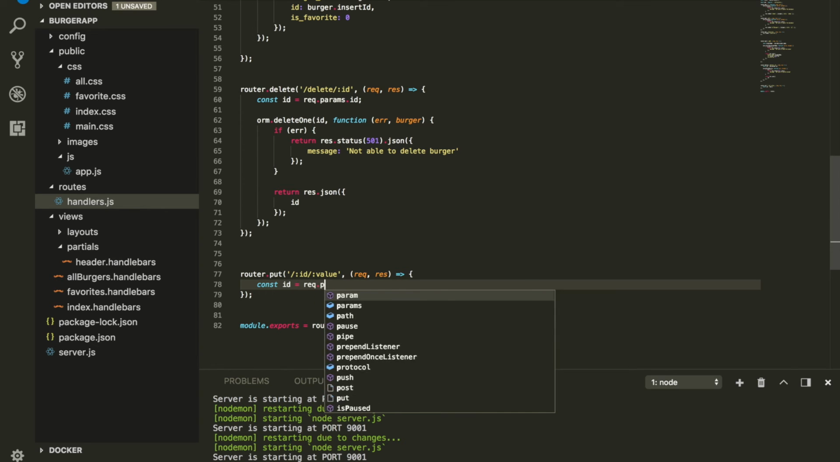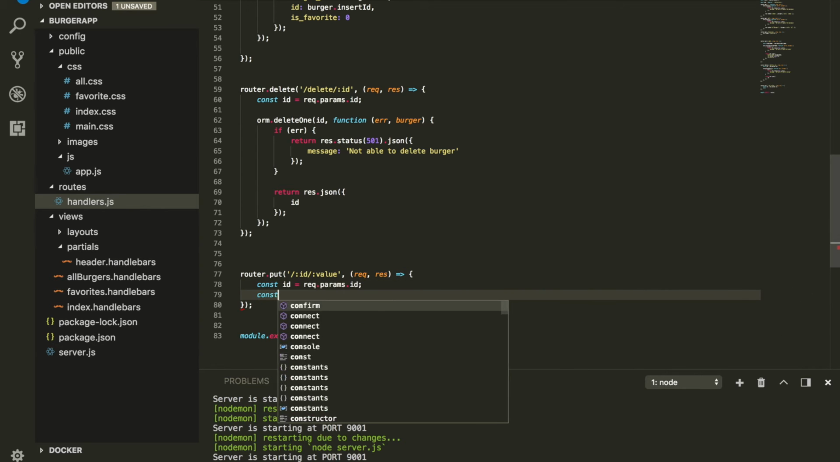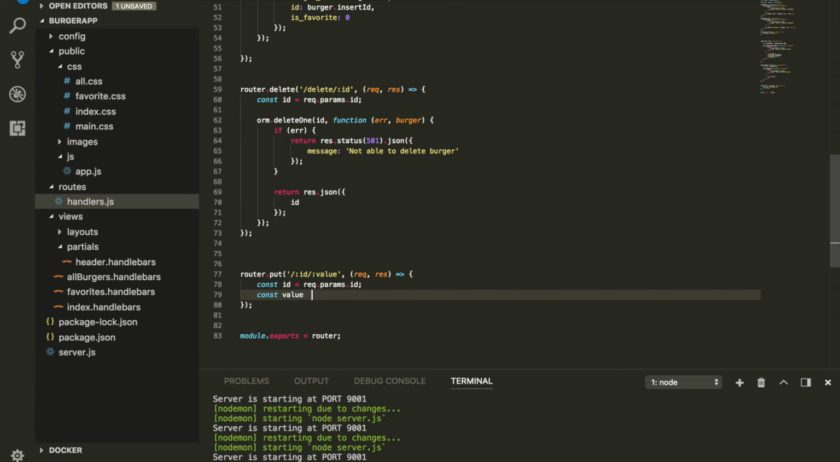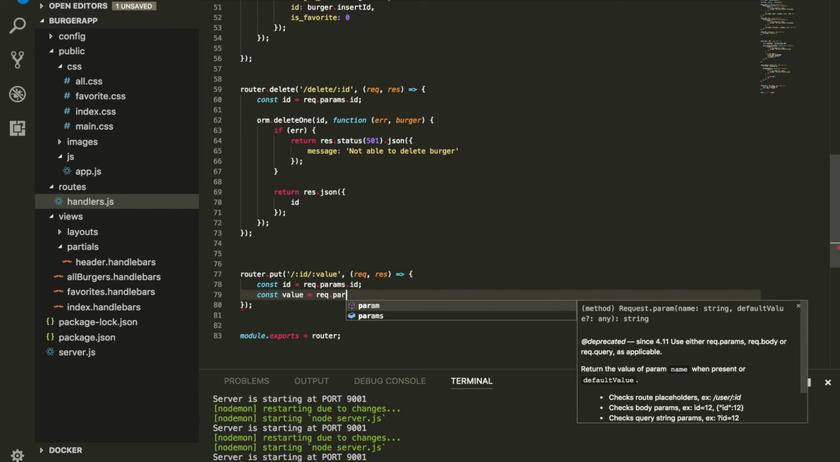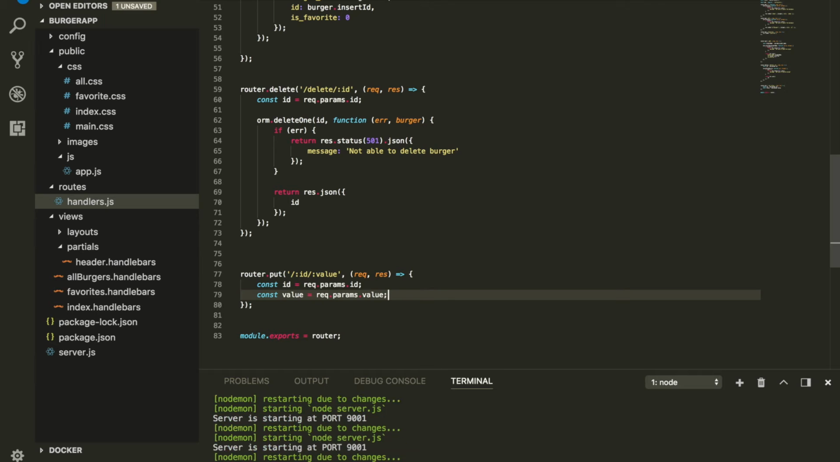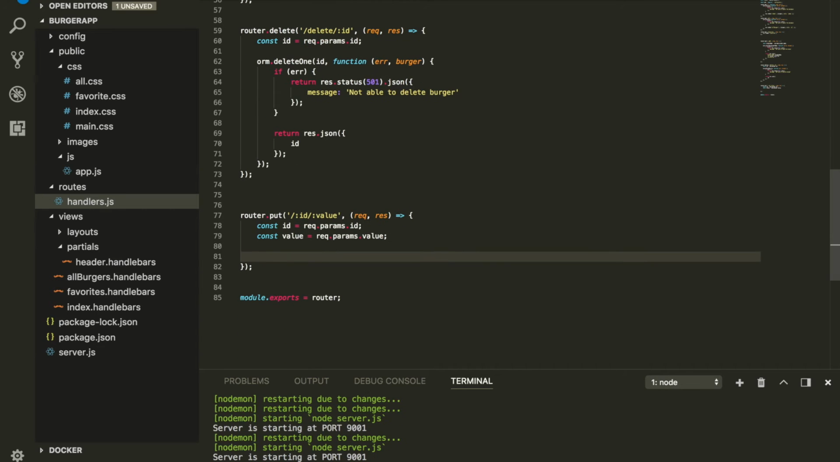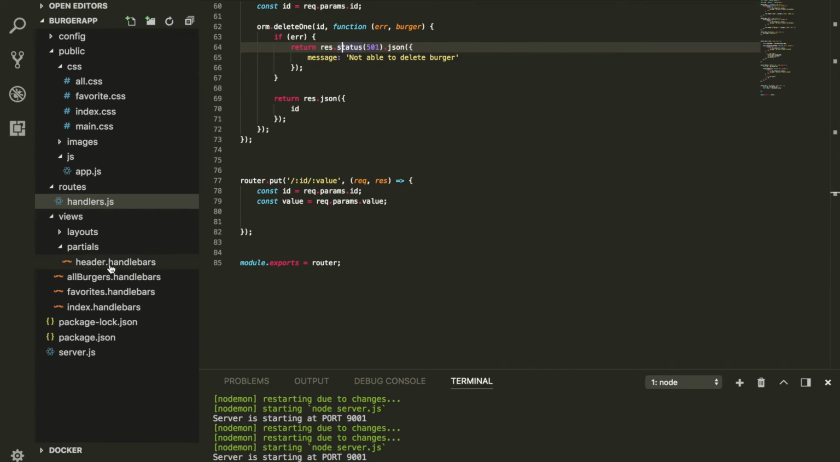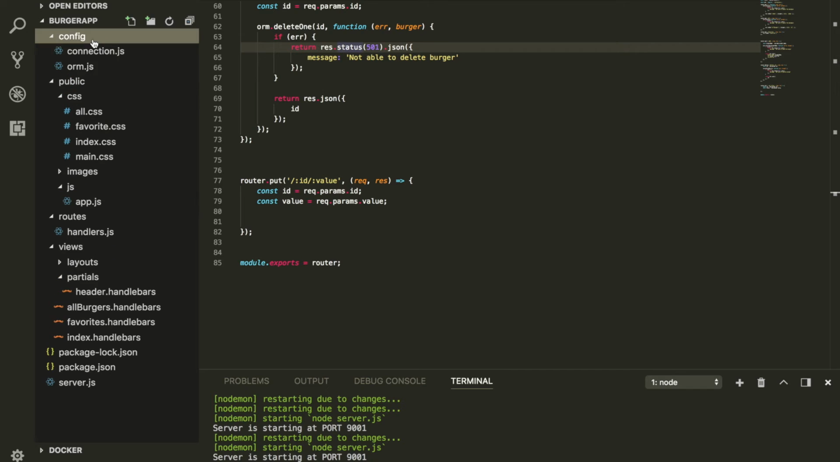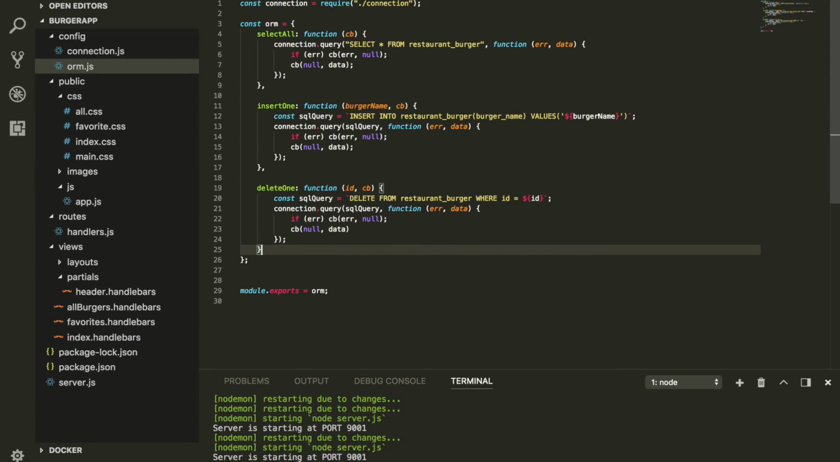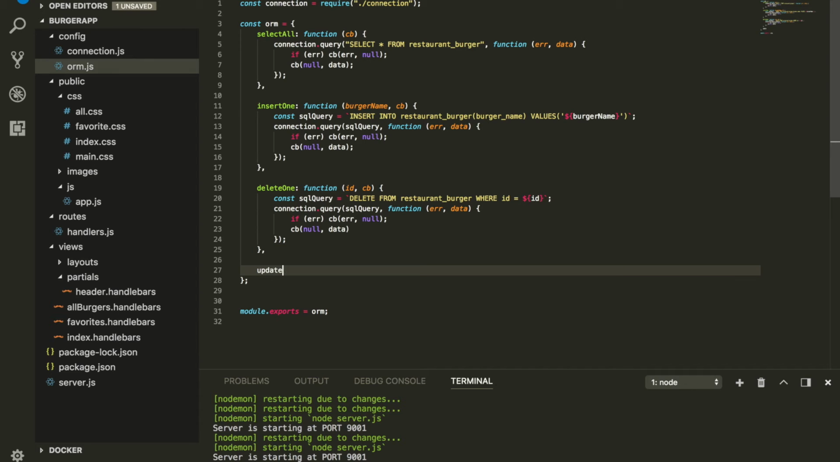All right, so let's get this ID here. We're also going to get the value, which is going to be equal to request.params, that value. All right, so what do we need to do? We're going to set up inside our ORM again. Go back to the ORM. We're going to add a new one, and remember, all our database is going to be here to help us with things and keep things organized. This one's going to be update one,